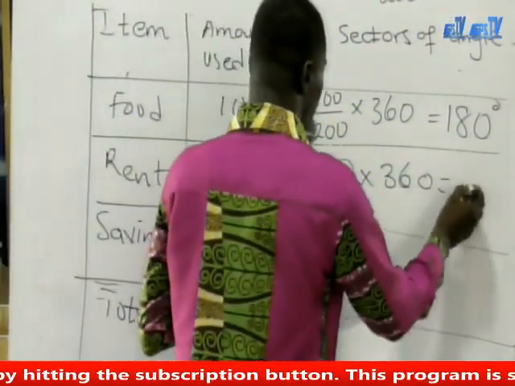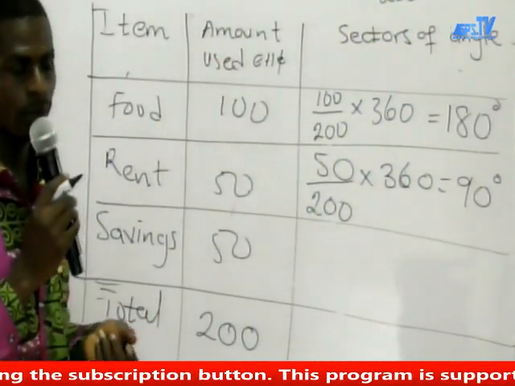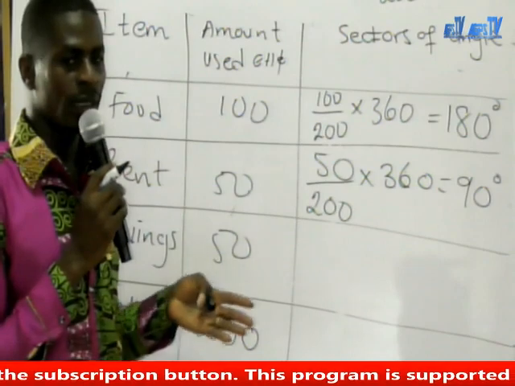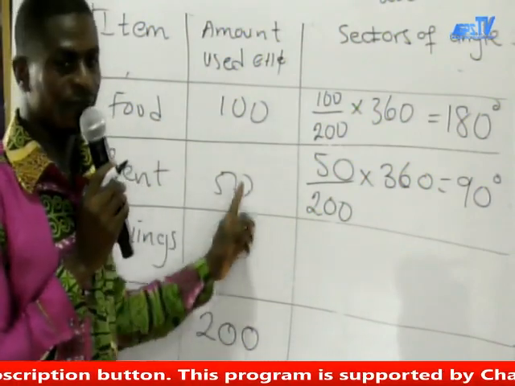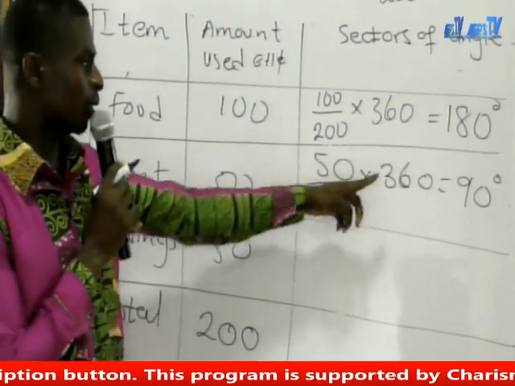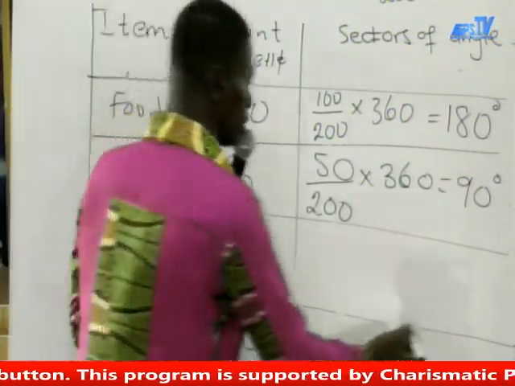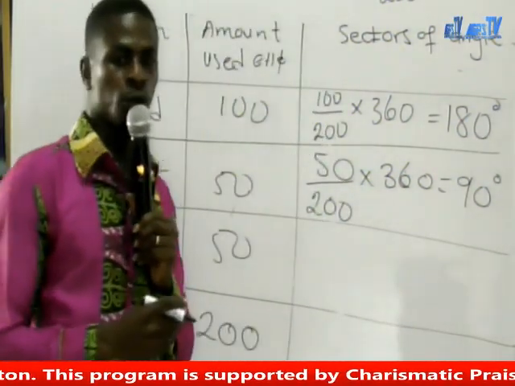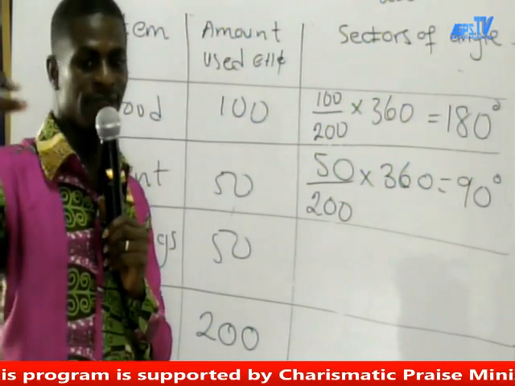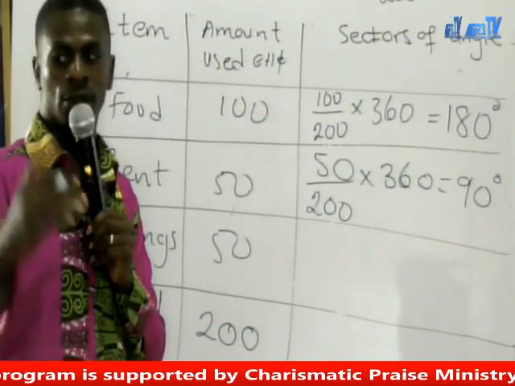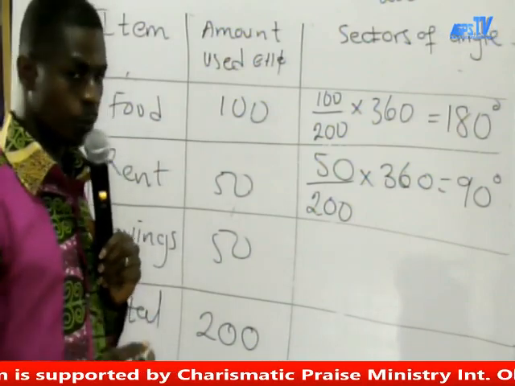So we have our 90 degrees. Now, do not think that because these are 50-50, and you have gotten your 90 degrees for the rent, you can simply write your 90 there. You don't do that. You must also show the calculation, because these are individual items, and individual calculations must be done. So for savings too, we are having